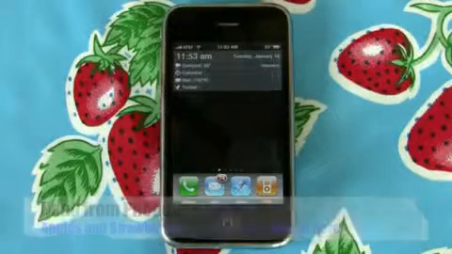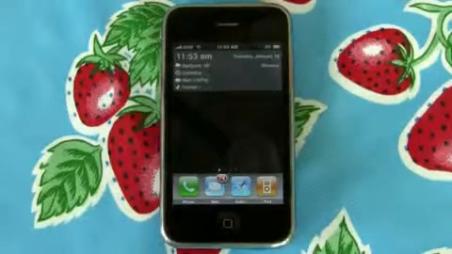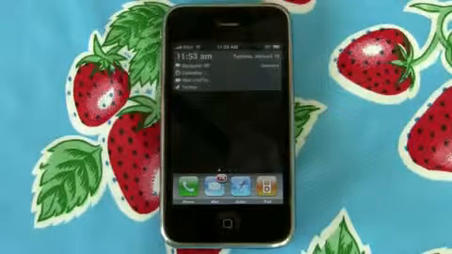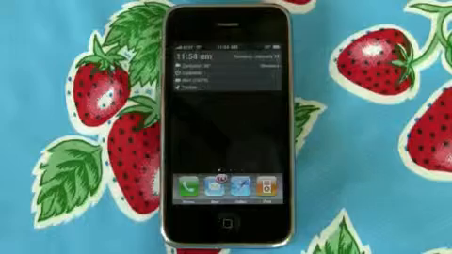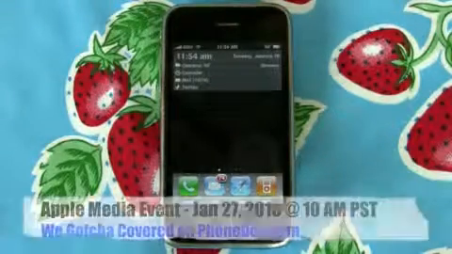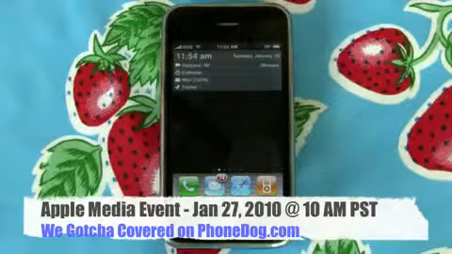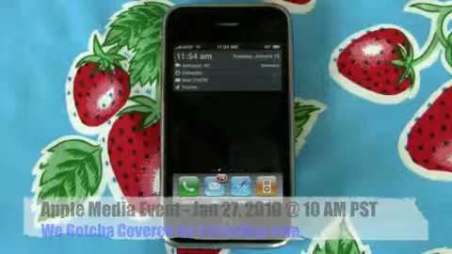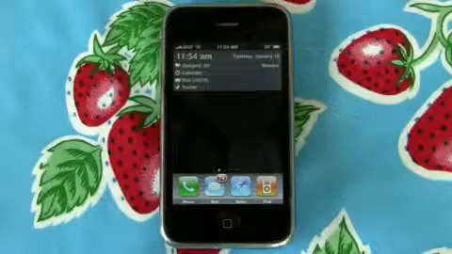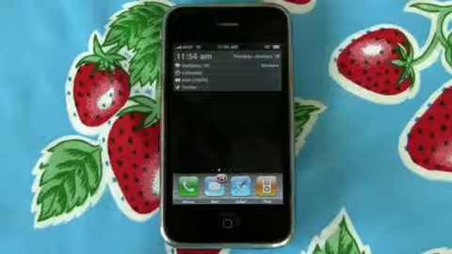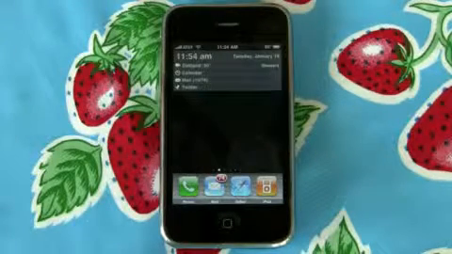With all the rumors kicking around about Apple iPhone OS 4.0 coming out soon, as I'm shooting this today, it's next Wednesday, January 27th. There's an Apple Media event scheduled, and rumors flying that they're going to preview iPhone OS 4. With all that going on, I figured I'd take a look at one of the features that lots of people want on the iPhone, which is multitasking, the ability to run apps in the background